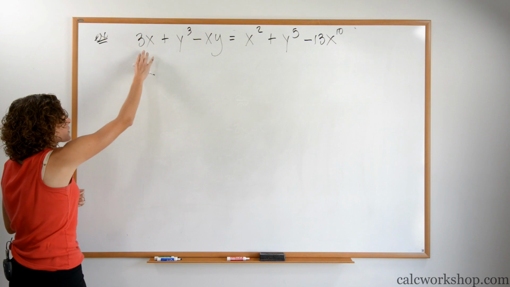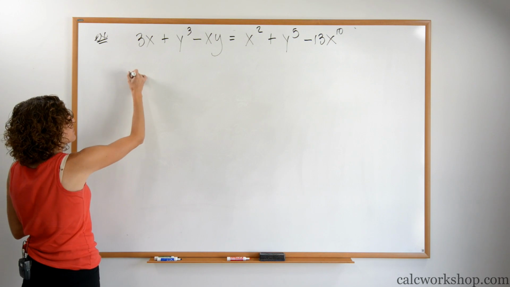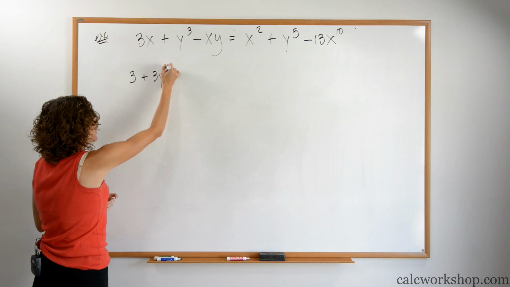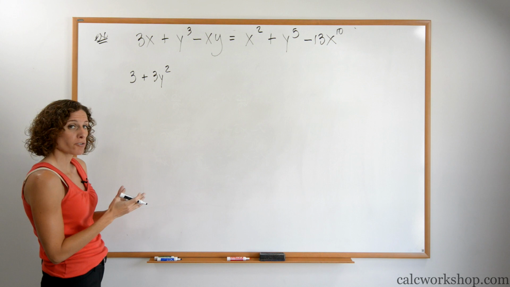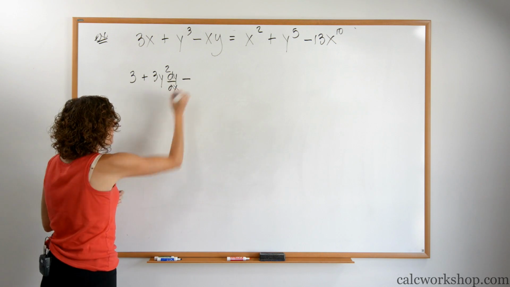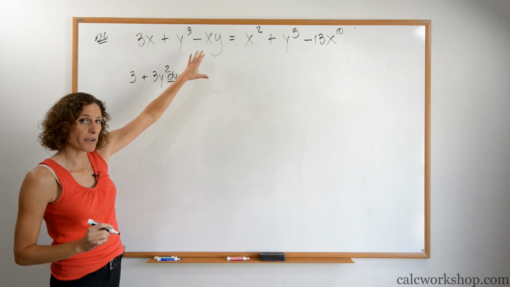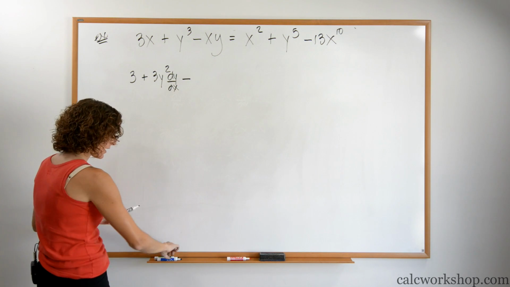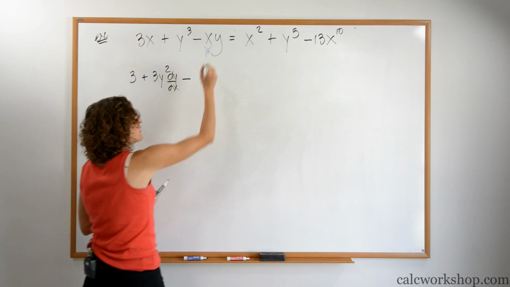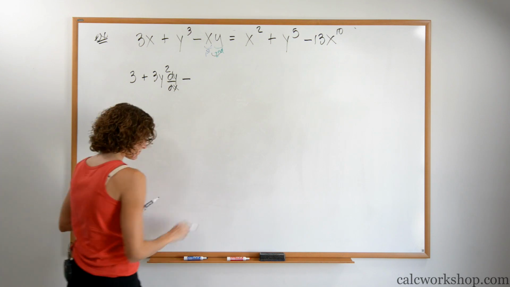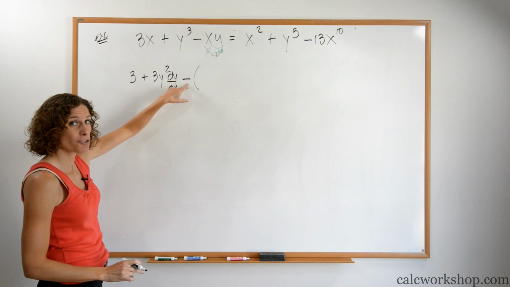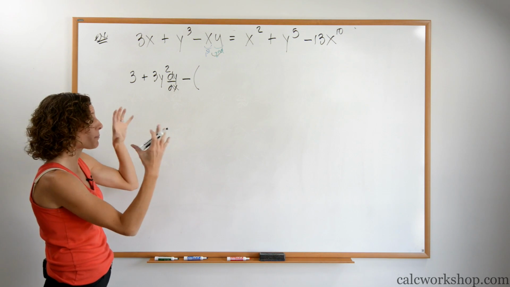Here we go. The derivative of 3x is 3. The derivative of y cubed is 3y squared. Beautiful. But I just took the derivative of y, so I'm going to multiply by dy/dx. Minus, I'm about to hit the product. So if I'm about to hit the product, I need to make sure that I know that this guy is the first and this guy is the second. I'm going to put it in parentheses because I can't forget that I'm going to have to distribute a negative eventually. So let's keep them in parentheses.